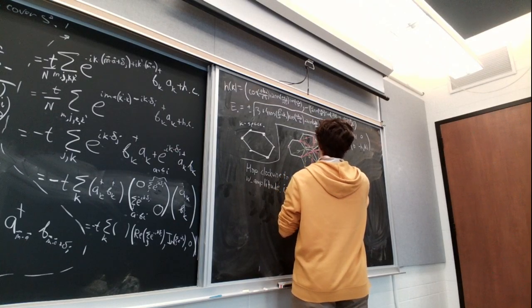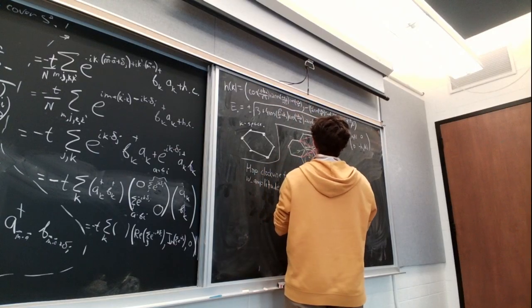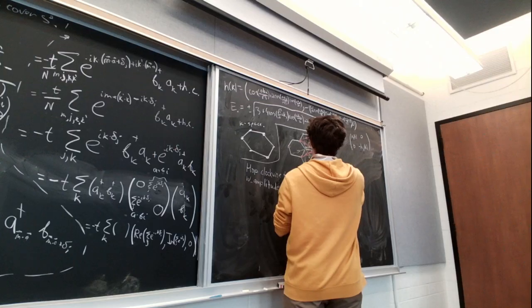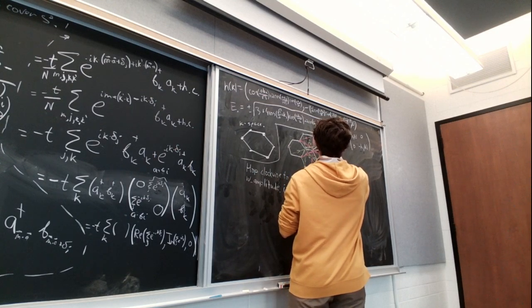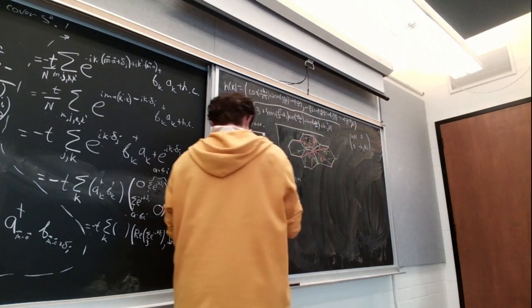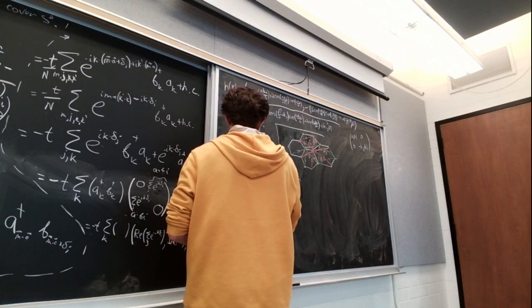So gamma are going to be all the vectors where I hop away, and then let's say gamma twiddle are going to be the vectors with which I hop towards the point. So away from the point and towards the point. Then H next nearest neighbor